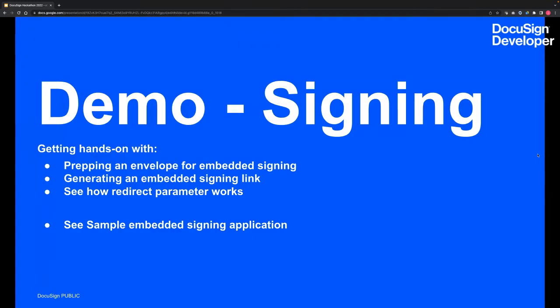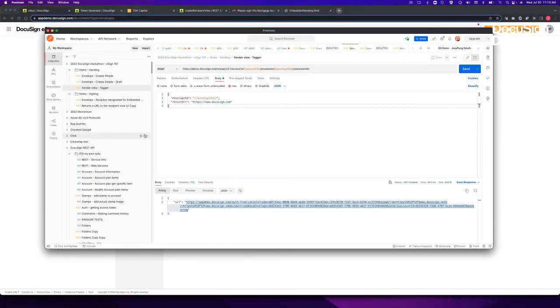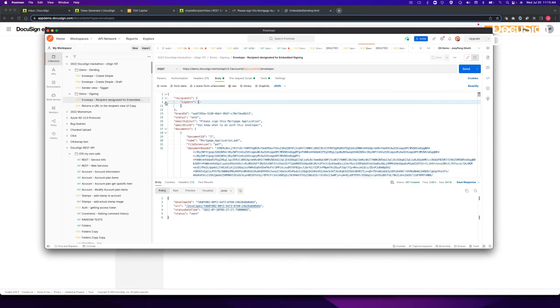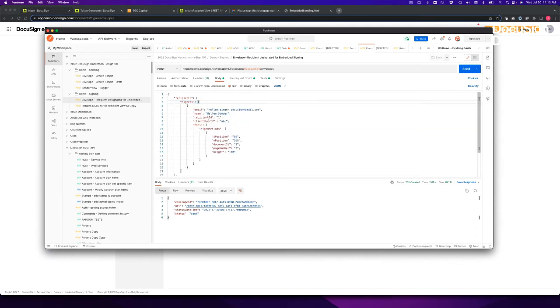Okay, so let's dive onto the demo for embedded signing. Let's come back here to Postman. So going back to our basic envelope, again, no change here so far. Still the document, still some basic fields with the brand information and the recipient, which is the signer, and just one signer. But there's one critical difference this time, which is that you need to specify a client